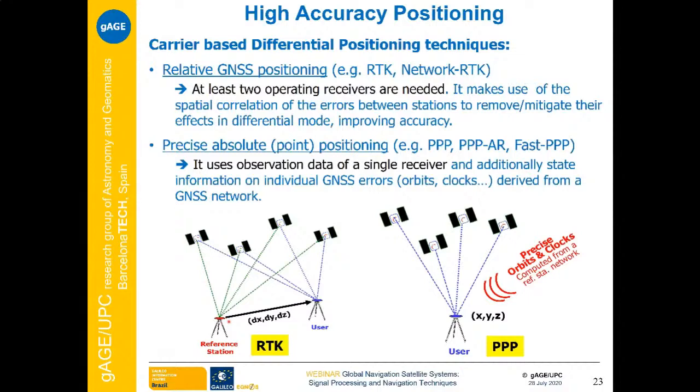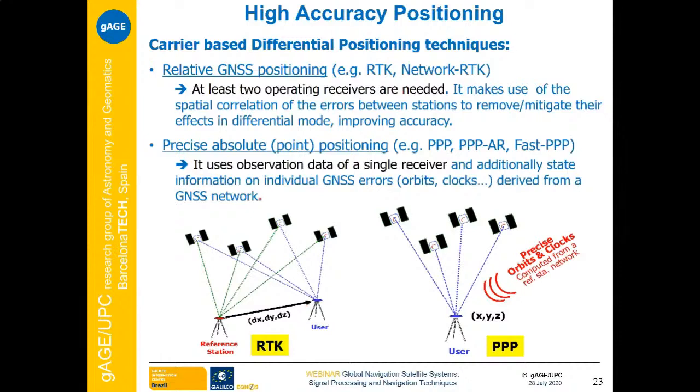This means that if we take differences between the measurements of the user and the reference station, the errors due to the orbit, clocks, atmospheric propagation errors, these errors are cancelled or mitigated. Our target is to achieve the highest accurate positioning. This means to achieve centimeter level of positioning, and then everything must be at the centimeter level. This is something that we are going to emphasize in this presentation when working with carrier phase.